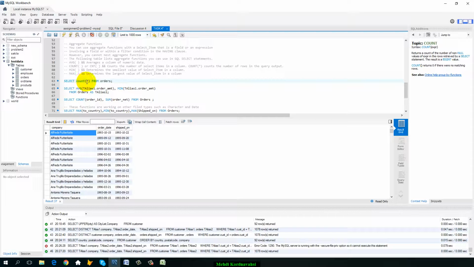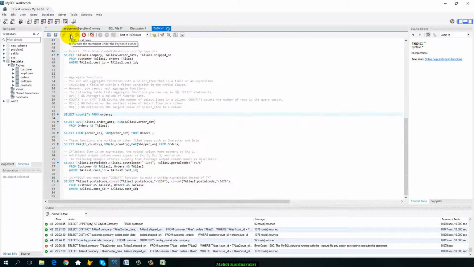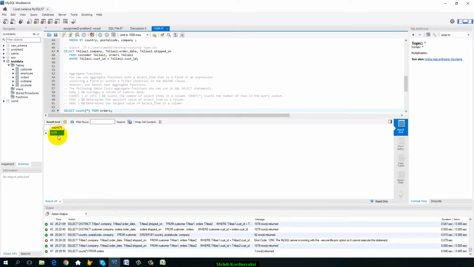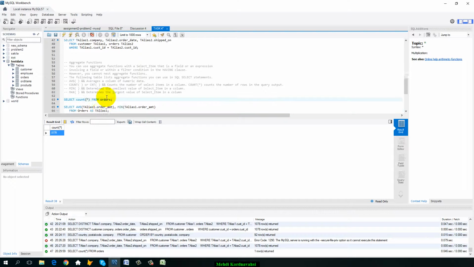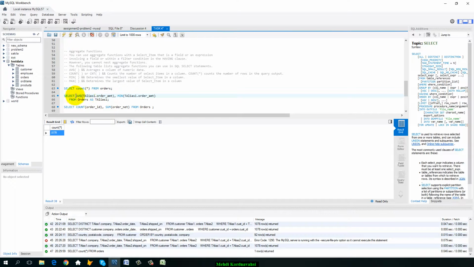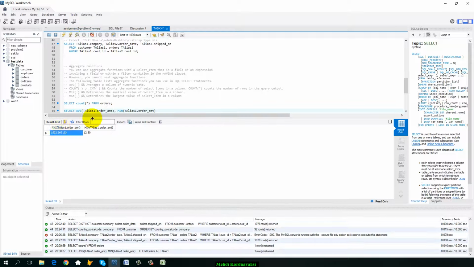Select count asterisk from orders. It means the number of records in table orders. Retrieve just one cell, 1078. The next command is average and minimum of order amount from table orders, and I named it with the alias t alias 1. As you see, t alias 1, because